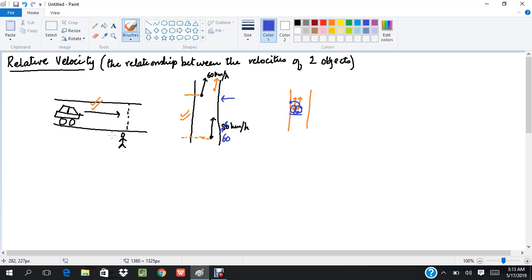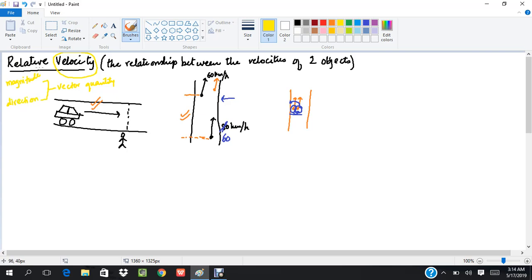Having established the importance of the study of relative velocity, let's now come to the conceptual parts of this chapter. The first conceptual part comes with the name of the chapter itself, and that is velocity. From what we have studied in O-level physics, we know that velocity is a vector quantity. That means it has a magnitude